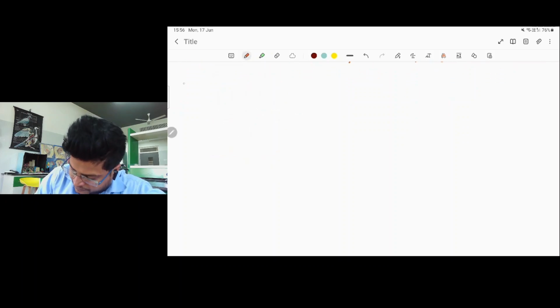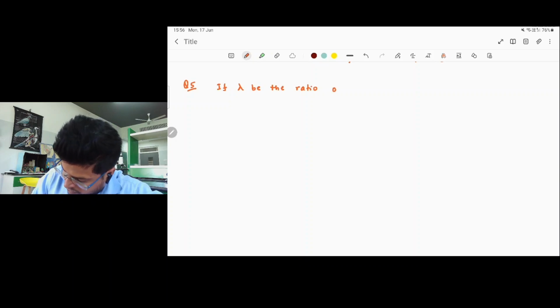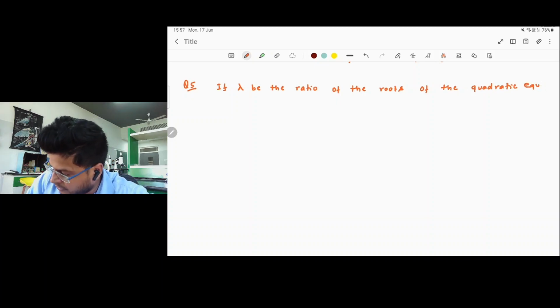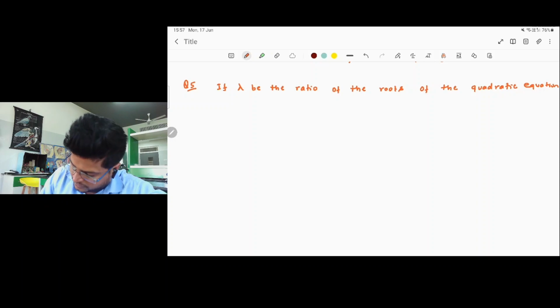Question number 5 is also from 2019. Question is, if lambda be the ratio of the roots of the quadratic equation in x, 3m square x square plus m times (m minus 4) x plus 2 equals 0,